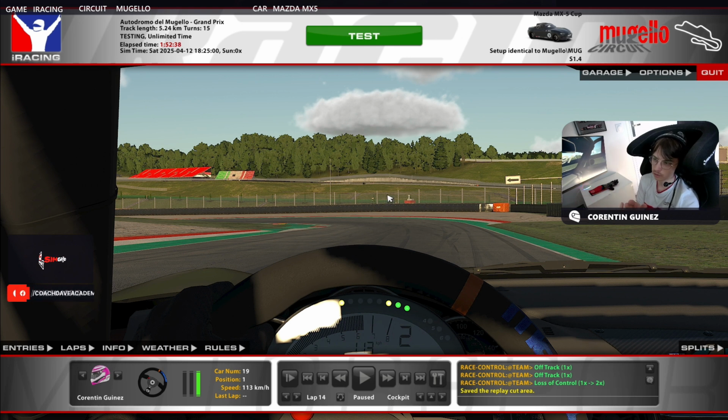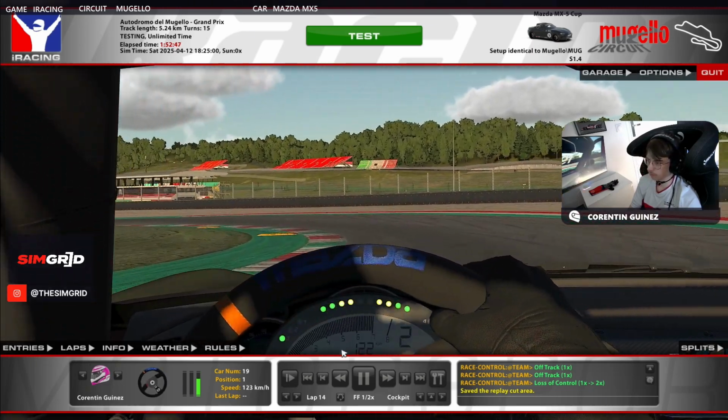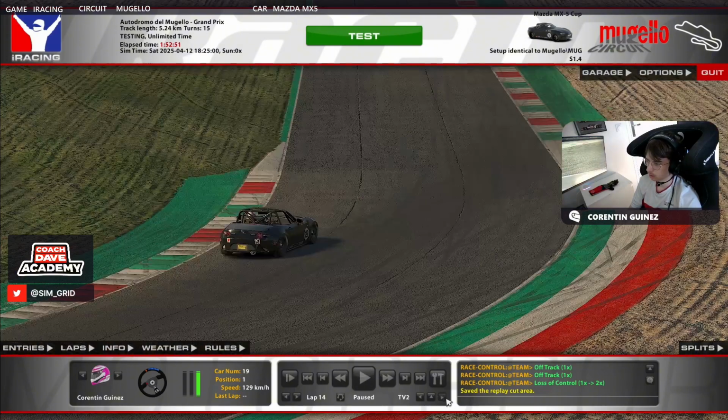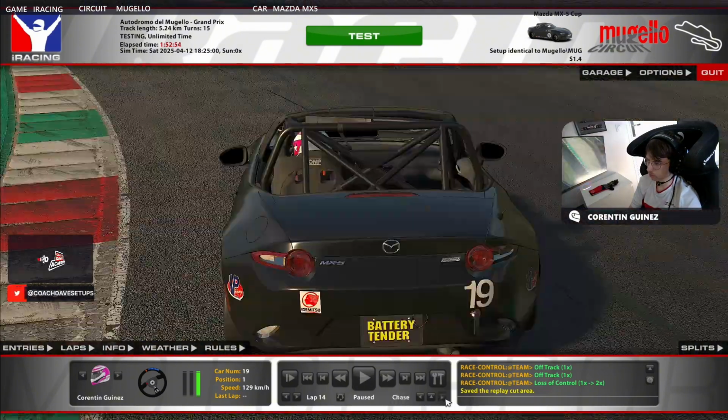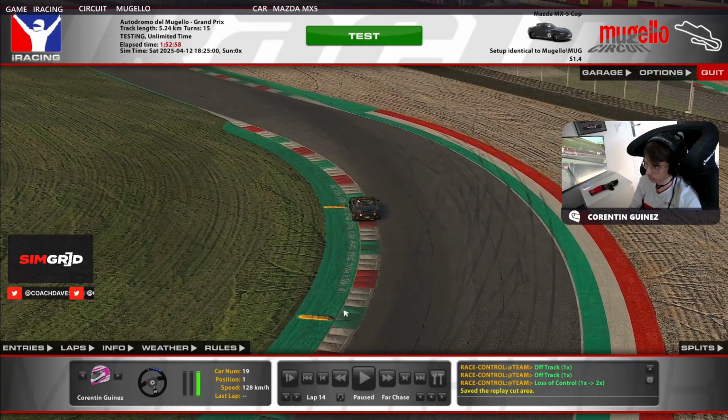You always try to stay sort of tight in the first one, so then you can really have a good momentum for the second one. This time you can cut the first part, and also I think I'm cutting a bit of the second one, but the second sausage curb doesn't feel that bad, to be fair, because you're not cutting that much of it. It's actually, I'm not even touching the sausage curb, so yeah, it's just the curb that makes the car move